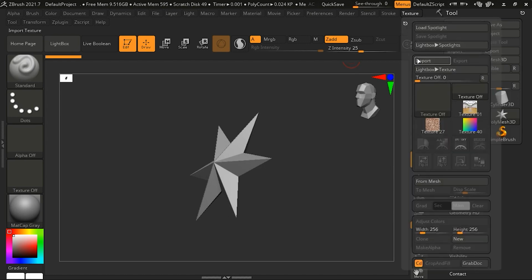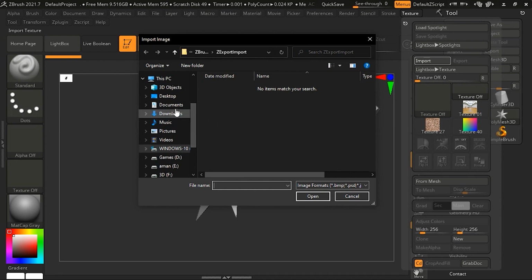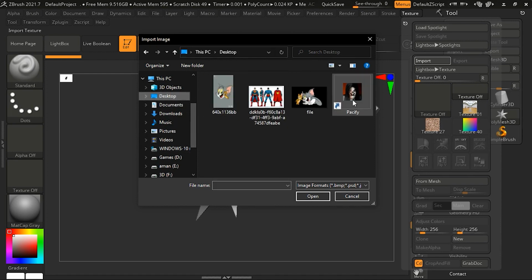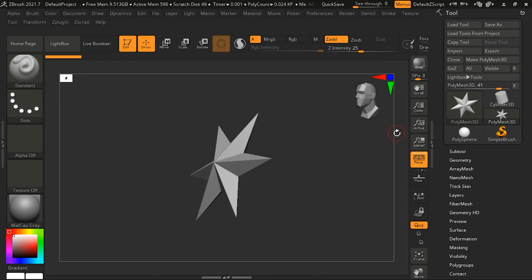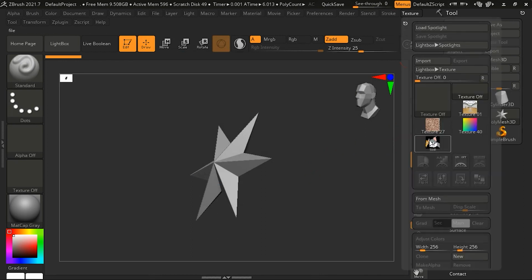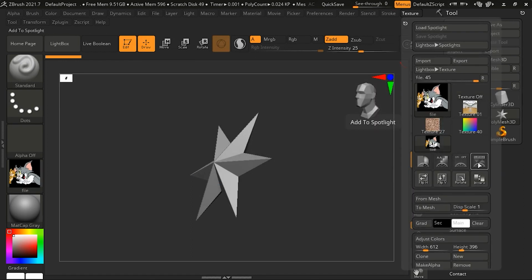When you go to the Texture palette at the top of the screen and then down to Import, you can bring in a variety of different types of images, so I'm going to do that now. So if I go back to the Texture palette, you can see the image that I imported is right here. This is the image I want to work from while I'm sculpting today, so click that image, and then down